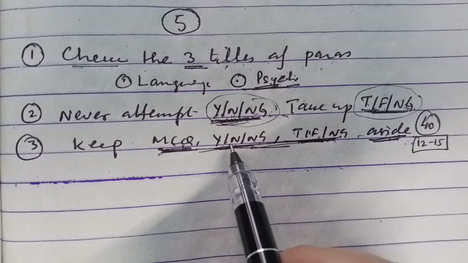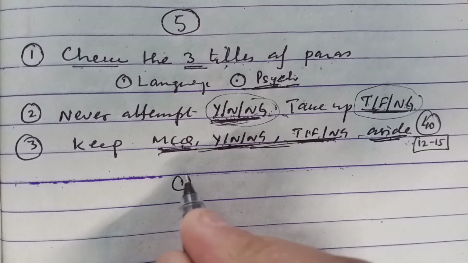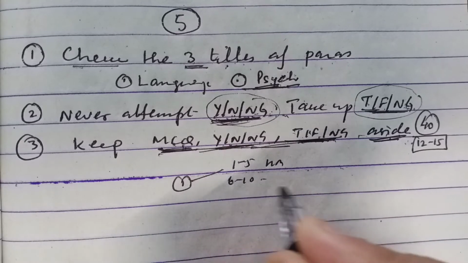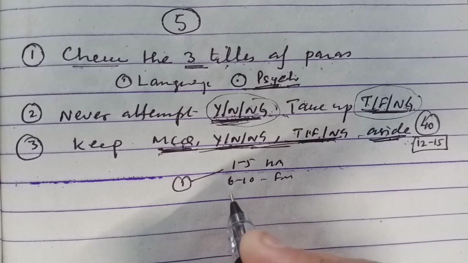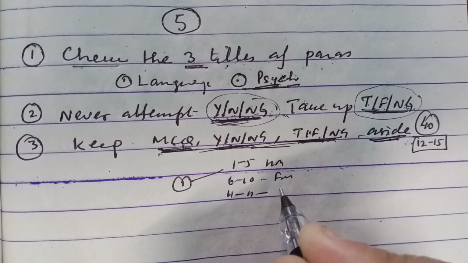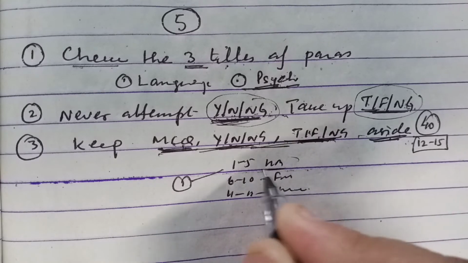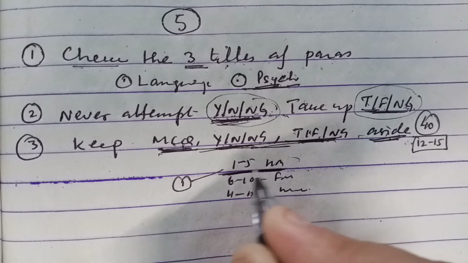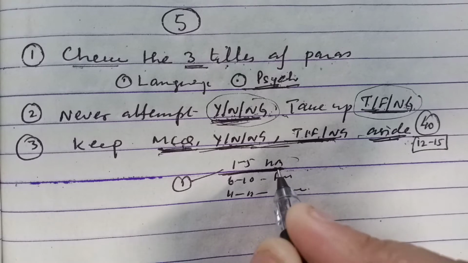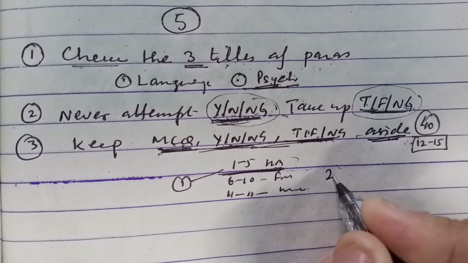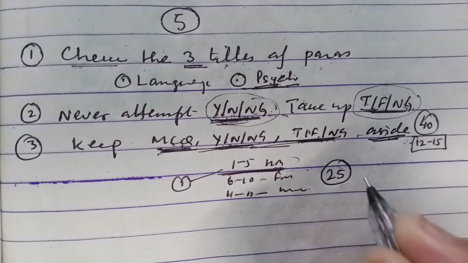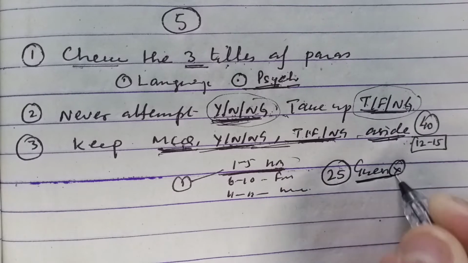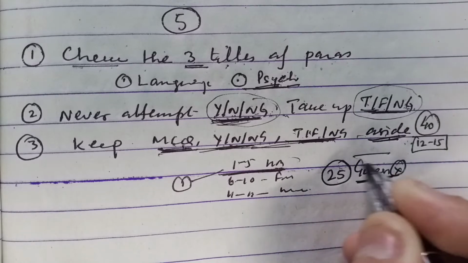For example, there is one paragraph, it has 1 to 5 head match, and 6 to 10 is filling the blanks, or 11 to 13 writers match, something like that. So we can hold on to this head match, we have to study, because we cannot have any guesswork. So what I mean to say is, there are around 25 questions which cannot be done with a guess. No, you cannot guess. So better to focus on these.